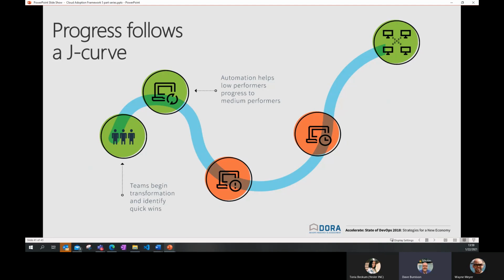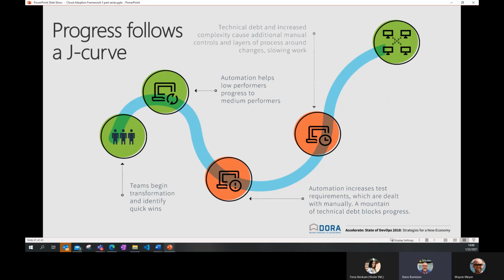As you get into this and learn about DevOps, you'll identify some quick wins, and you'll learn about the importance of automation. But then you realize just how much automation you really need, or maybe just how little test coverage you may have. That reveals this mountain of technical debt and blockers that you need to work through.